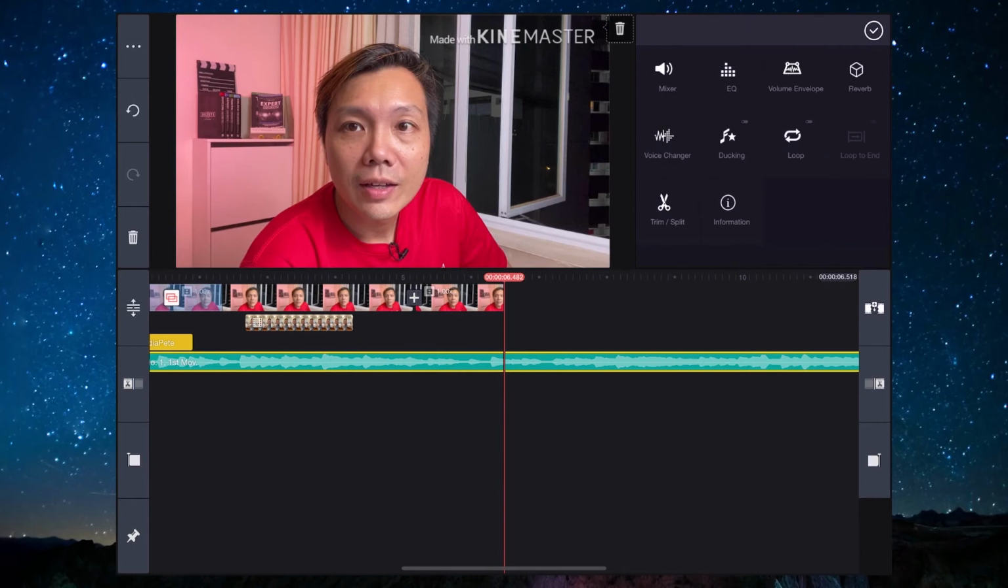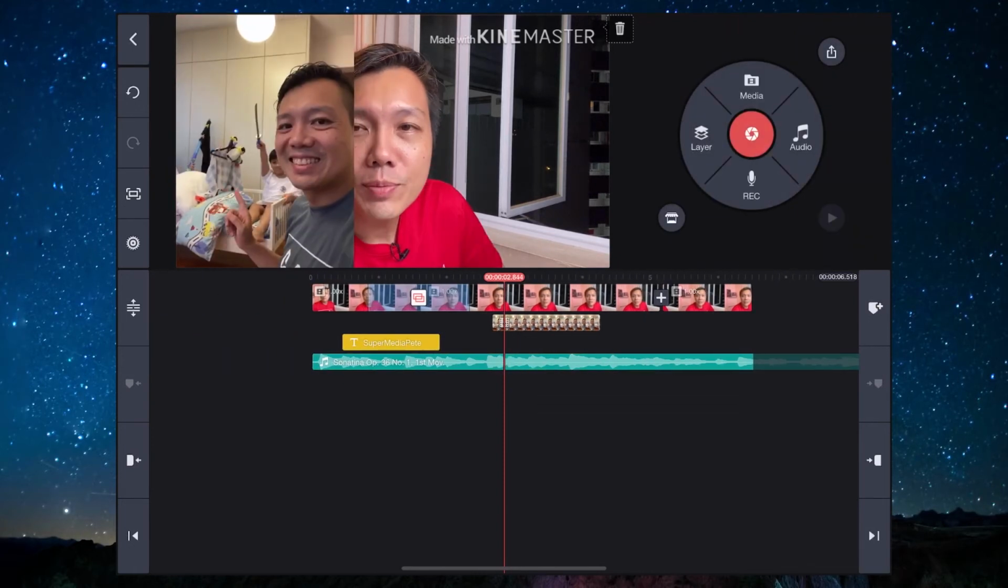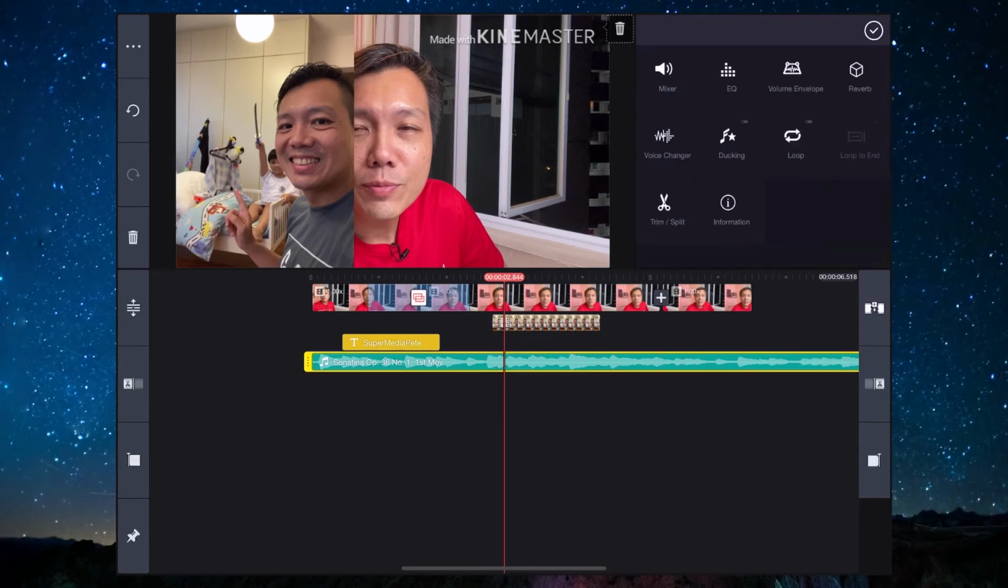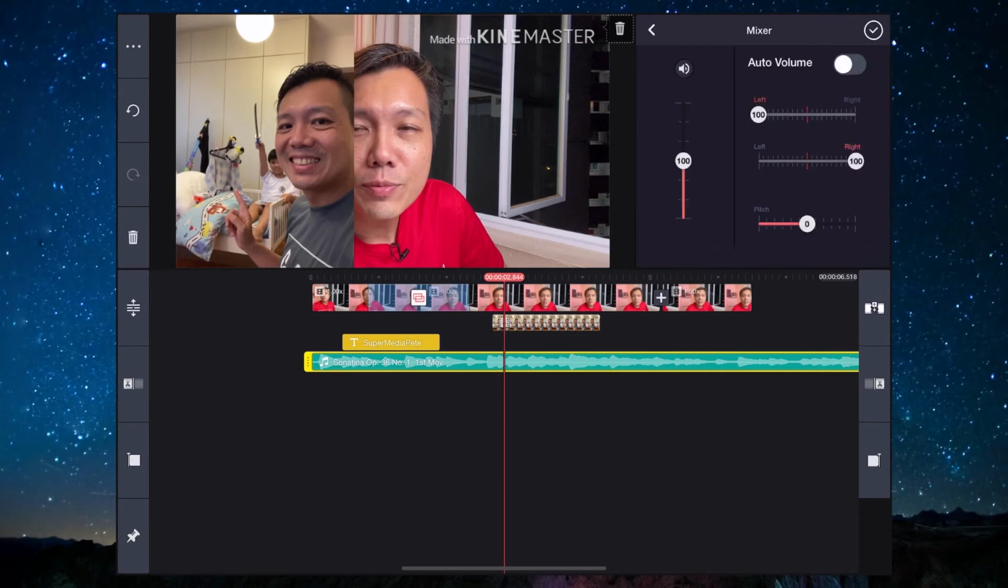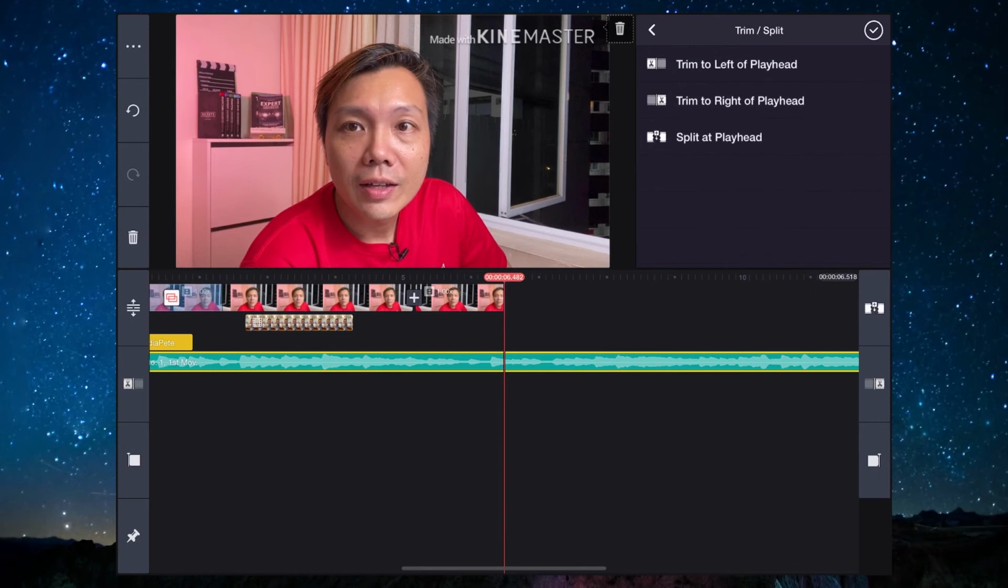If not, play ahead to where you want it to be, and you can cut off the music right over there. There you go. So there's another thing that you can adjust. After this, you can actually do a much more advanced music selection. For the mixer, if you want the music to be louder or softer, you can choose that. If you want to trim it down, you can go to the trim, split,